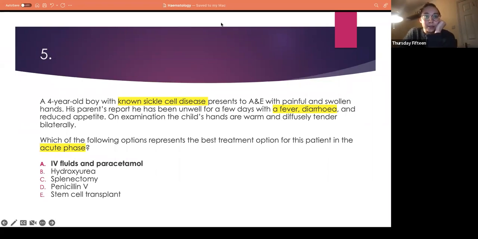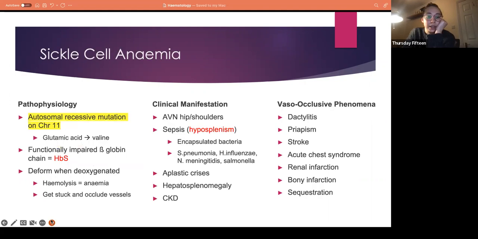And then a stem cell transplant. It's the only cure for sickle cell that we have, but it wouldn't be appropriate as an acute treatment for this. So sickle cell, just going back to the basics: